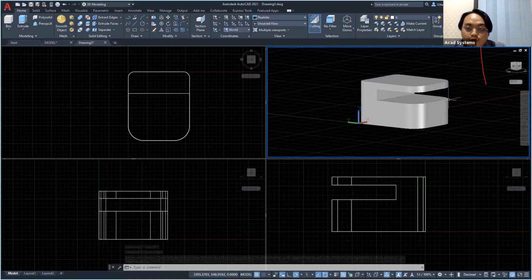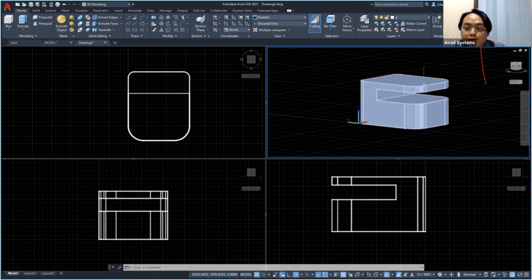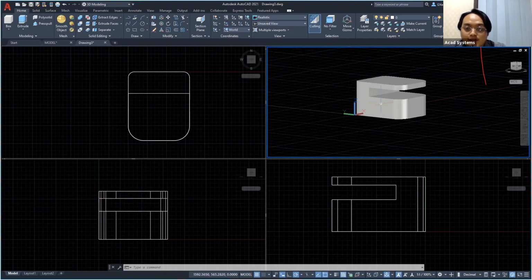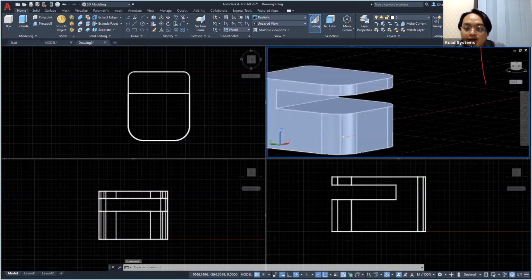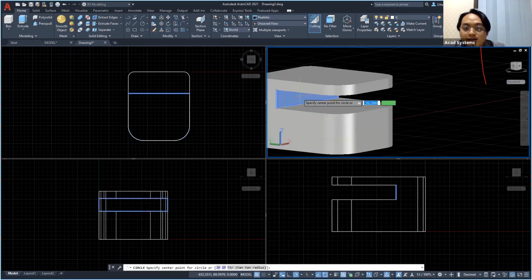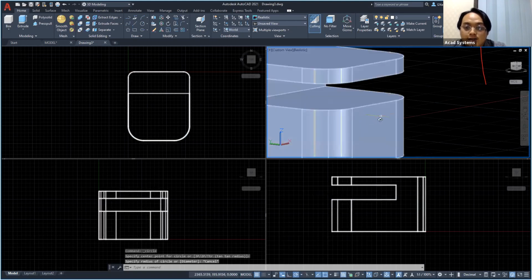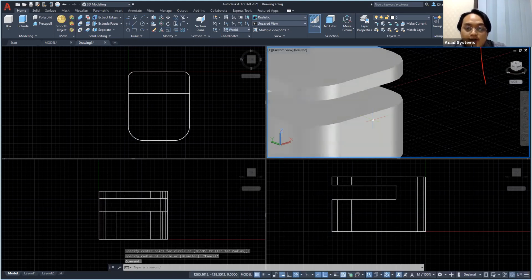Okay. Now I want to make the hydraulic arm pushing this mobile machine. If we are using the UCS, we have another UCS tool, which is, you can see down here, dynamic UCS. Dynamic UCS is a tool that automatically detects the face that you want to draw on. Okay, let's say I want to draw the circle here. Okay, you can see that I can automatically draw here